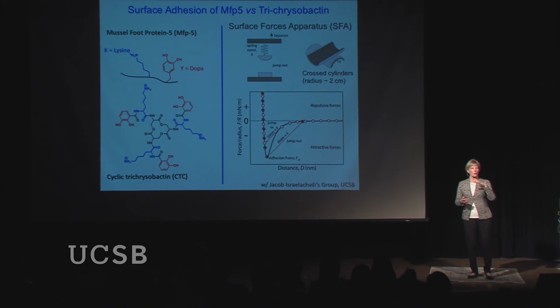We wanted to know what is the force of adhesion of these siderophore kinds of compounds. We worked with a group in chemical engineering, Jacob Israelachvili's group. He developed this surface forces apparatus to work in water. If you take two smooth cylinders of mica and you orient them perpendicular to each other, they contact at a point. And if we coat one surface or even both surfaces with a compound of interest,